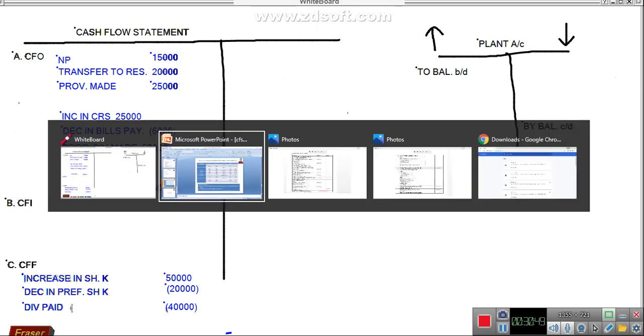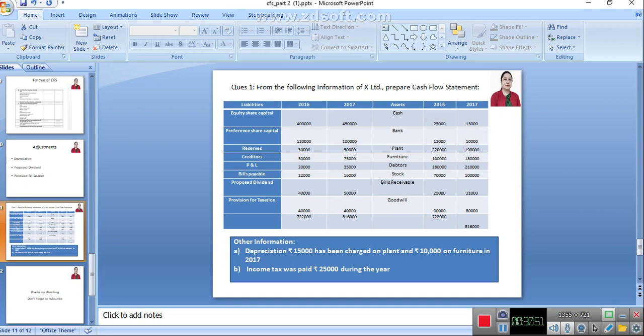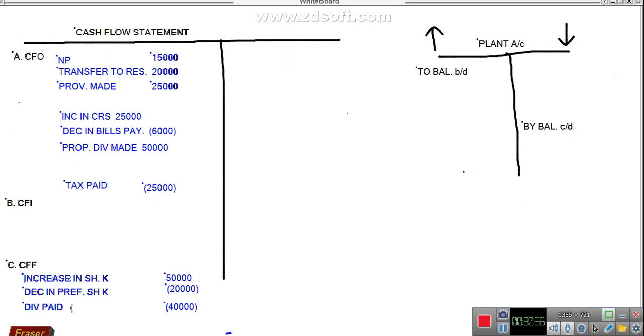So as per this question, let's see what is given. Opening balance is 2,20,000 and closing balance is 1,90,000. So on the debit side, 2,20,000 is the opening balance, and on the credit side, closing balance is 1,90,000. Now depreciation, you have been given in the adjustment. So depreciation on plant is given as 15,000. And nothing else is given apart from this.